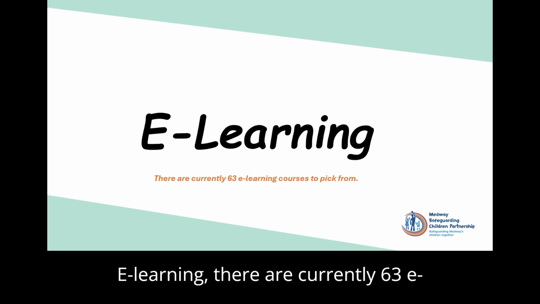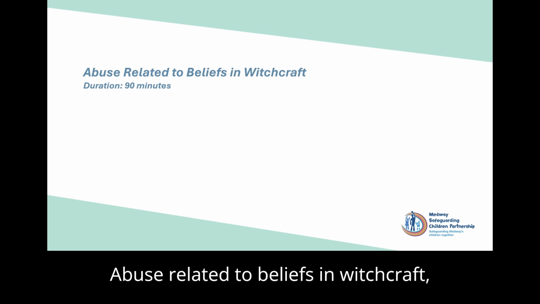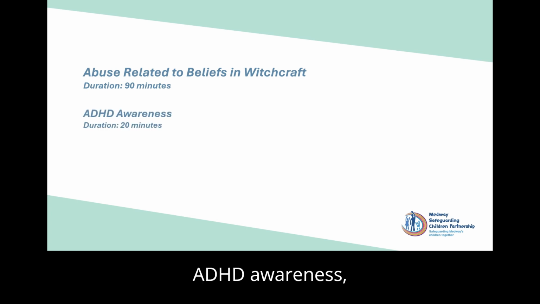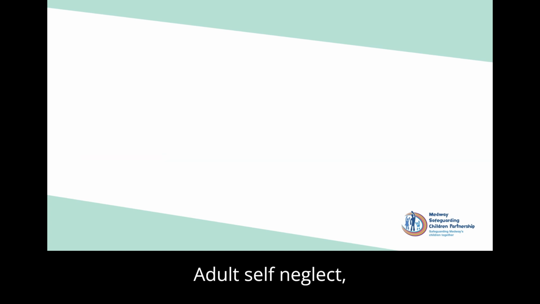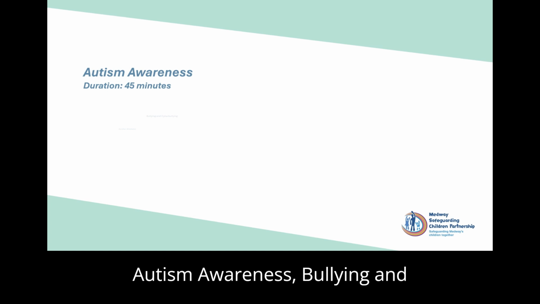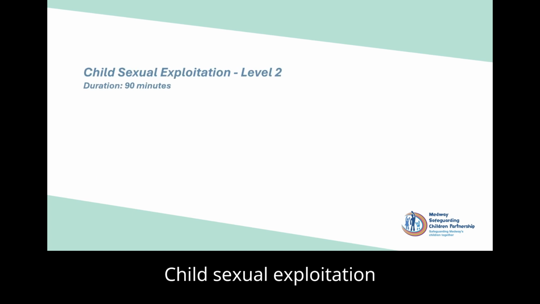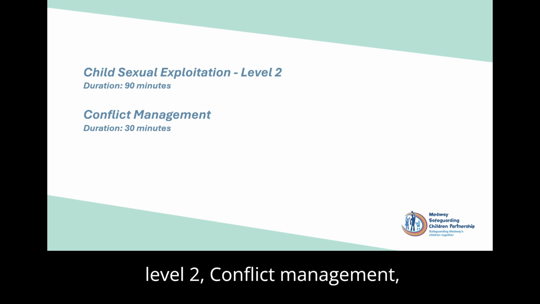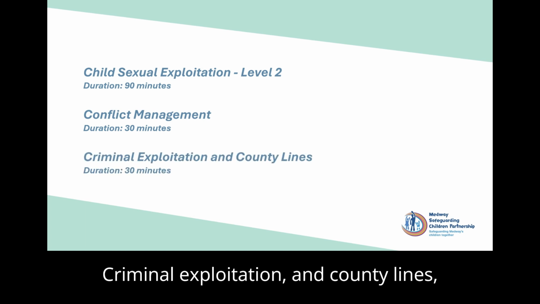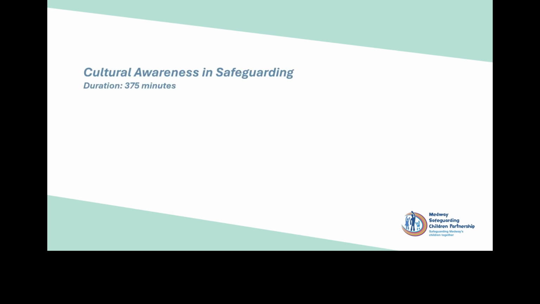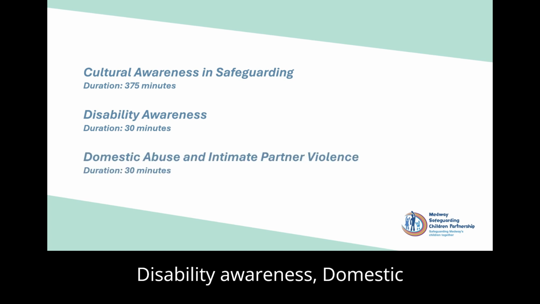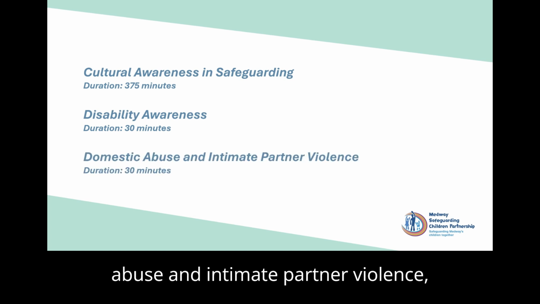E-learning. There are currently 63 e-learning courses to pick from. Abuse related to beliefs in witchcraft, ADHD awareness, adult self-neglect, autism awareness, bullying and cyberbullying, child sexual exploitation level 1, child sexual exploitation level 2, conflict management, criminal exploitation and county lines, cultural awareness and safeguarding, disability awareness, domestic abuse and intimate partner violence,